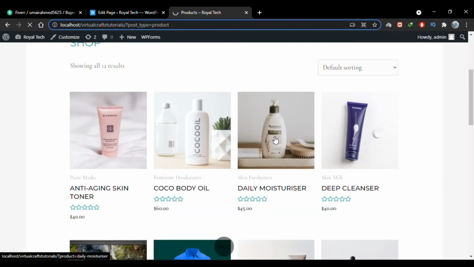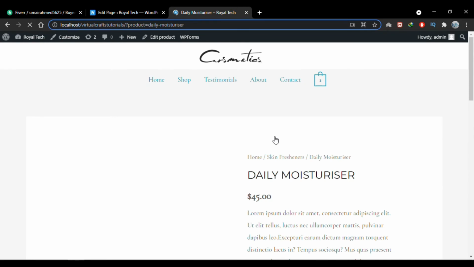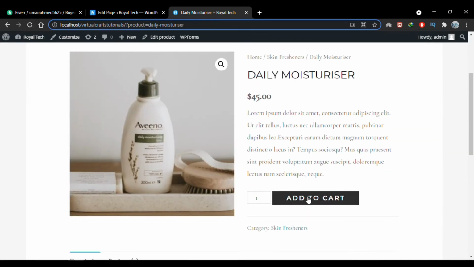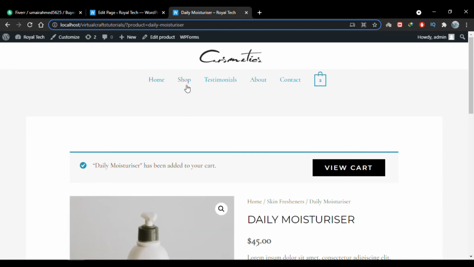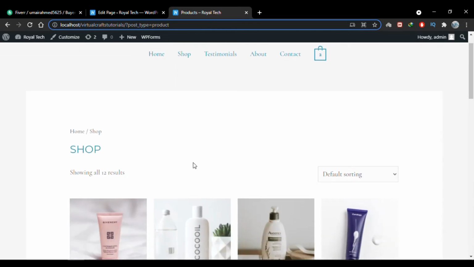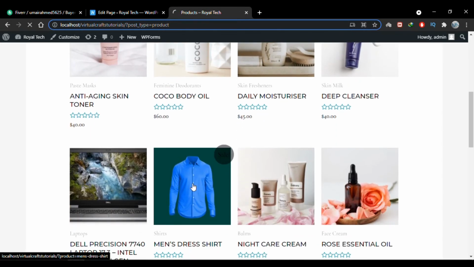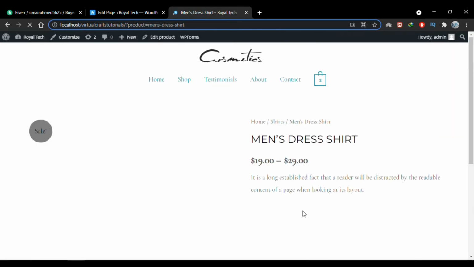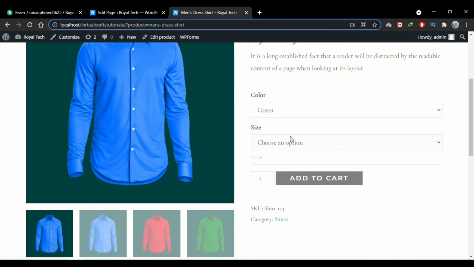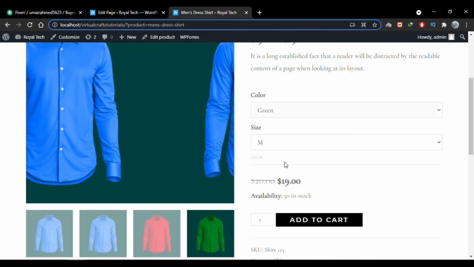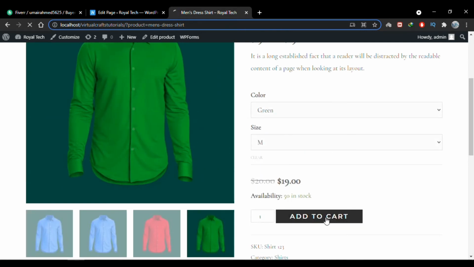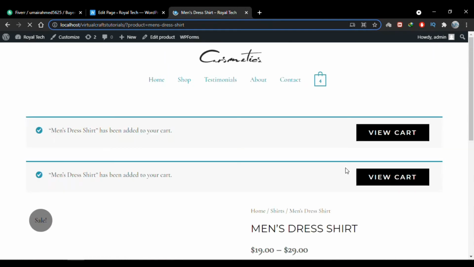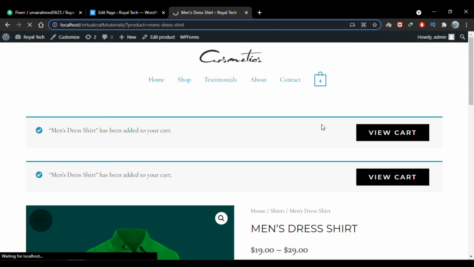I'll add this product to cart. I'll go back to shop, and let's say I add another product to the cart. And I'll add it to cart. I'll view the cart now,